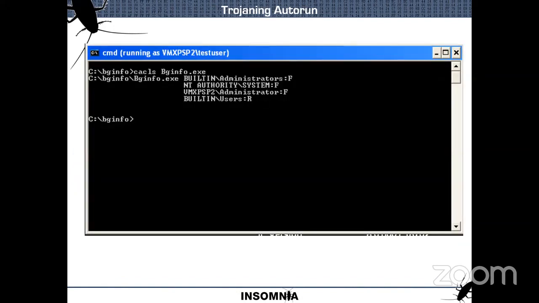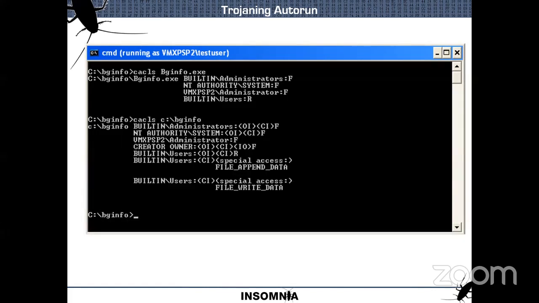Looking at the permissions for the executable, it's clear that we cannot replace the binary itself. But there are some ways to circumvent execution when you can create files in the running directory.